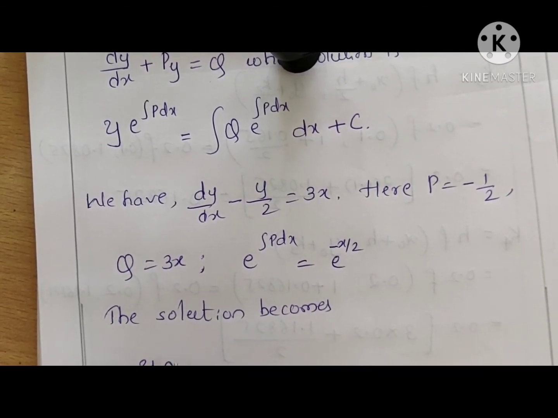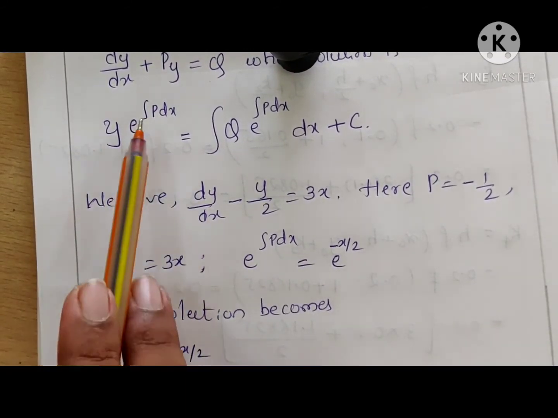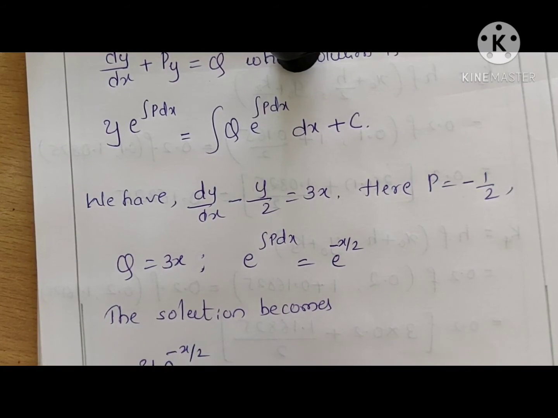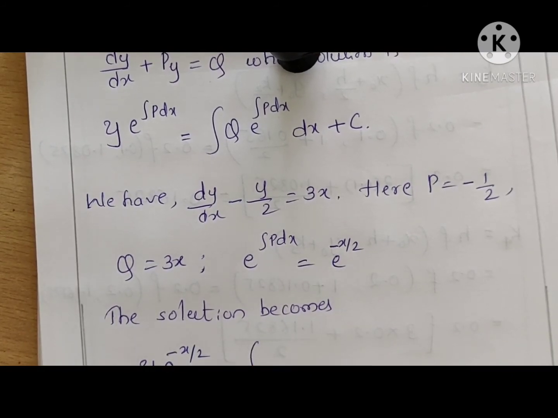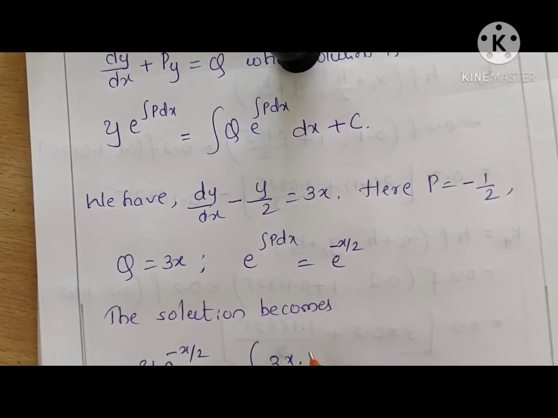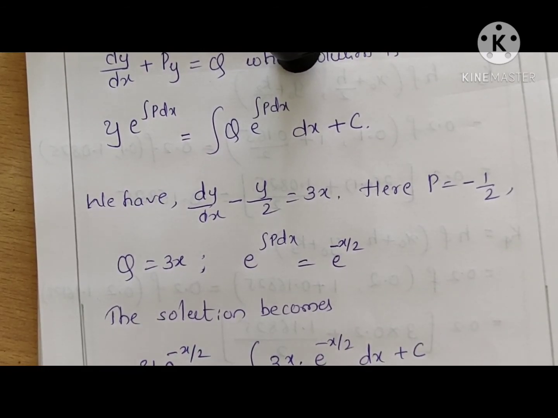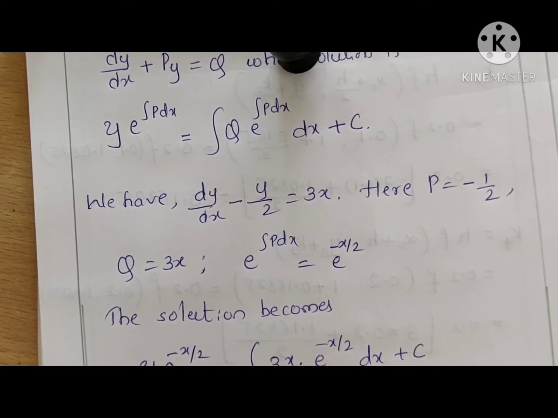y into e raised to minus x by 2, in place of e raised to integration of p dx we write e raised to minus x by 2, is equal to integration of q is 3x, again in place of e raised to integration p dx we write e raised to minus x by 2 into dx plus c. Again we integrate the RHS by parts, and 3 is the constant, take it out. Integrating RHS by parts